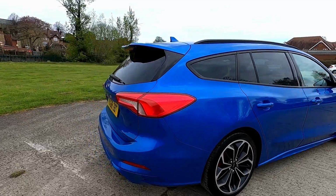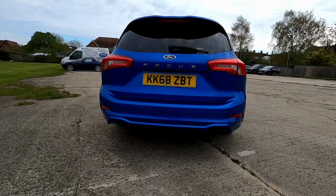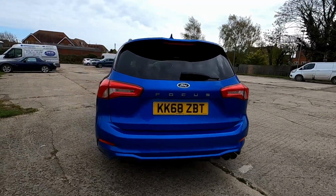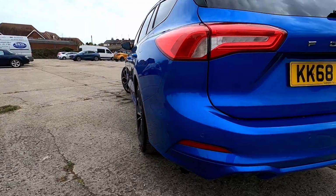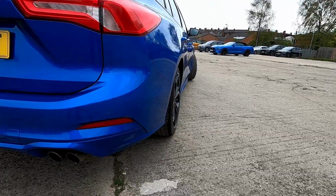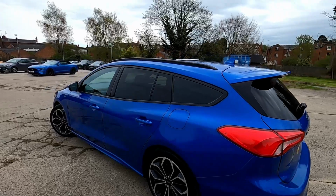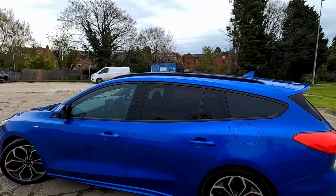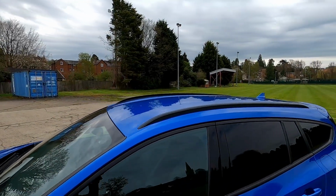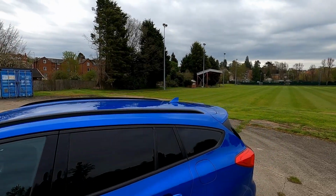Just go to the rear of the car, you'll be able to see you get a nice twin tailpipe there. Rear parking sensors along the rear bumper there, which you'll be able to see. You'll just get rear privacy glass as well. Roof bars as well, adding to the practicality, so if you need to carry a roof box, then you can